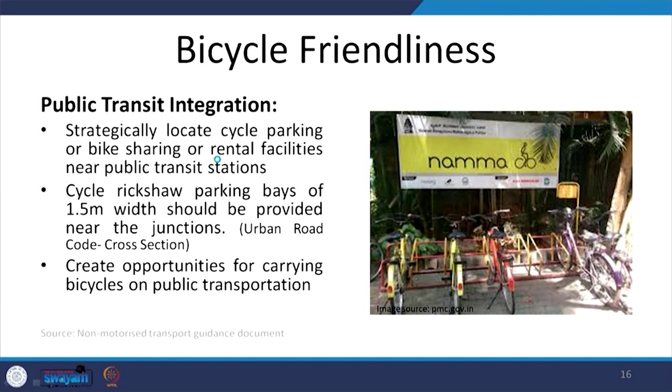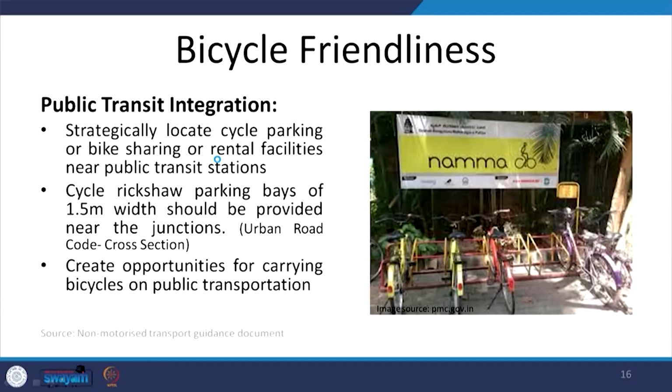Often we see that people do not want to use public transportation, for example metro, simply because of the last mile connectivity, their home to metro station transfer, the travel becomes very difficult. If such facilities, for example the bicycle parking or the cycle rickshaw parking bays, are provided adequately, then the public